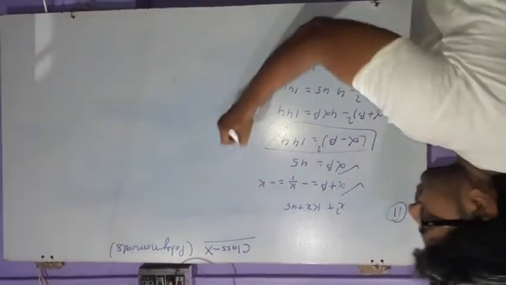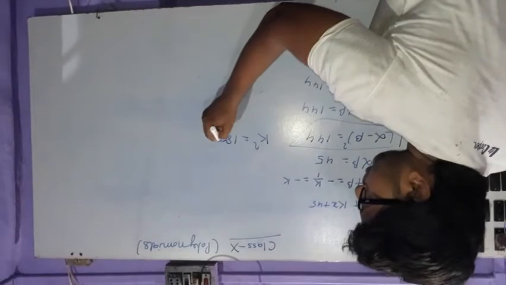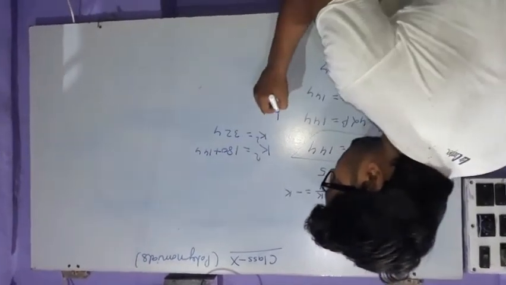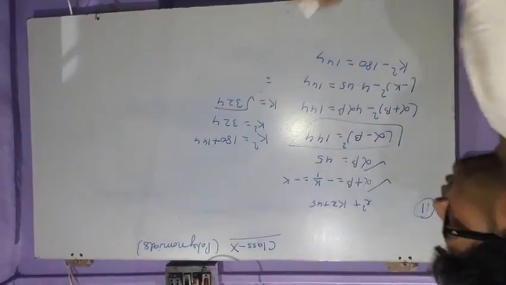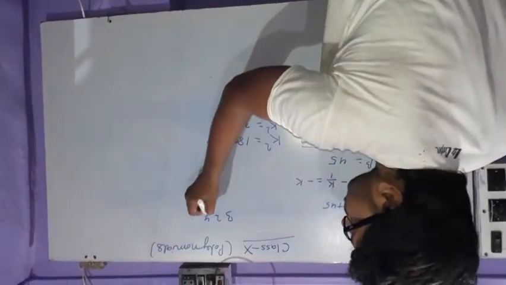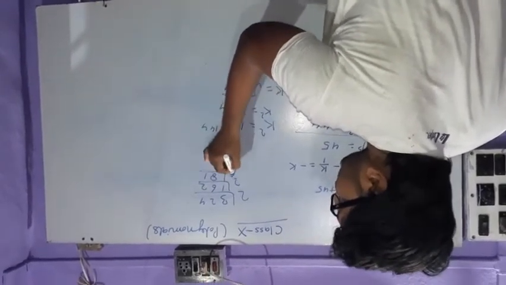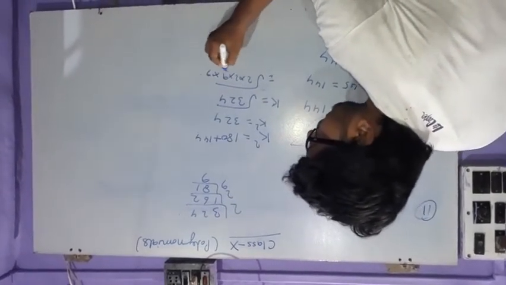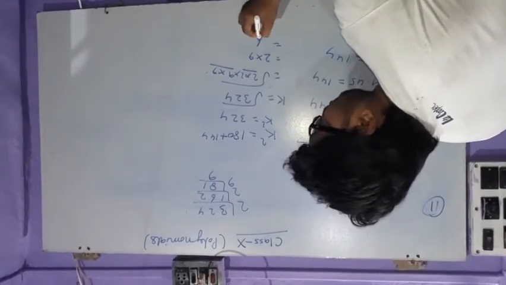So k square will be, taking 180 to this side, plus 180 plus 144. So k square equals 324. So k will be equal to root under 324. Now you have to factorize. If you remember the squares, it will be easy. Now I am factorizing it: 324, 162, 2, then again 2 by 81, then 9 into 9. So you can write 2 into 2 into 9 into 9. Here are 2 terms and here are 2 terms, so only one of each will be taken, 2 and 9. So the value will be 18.